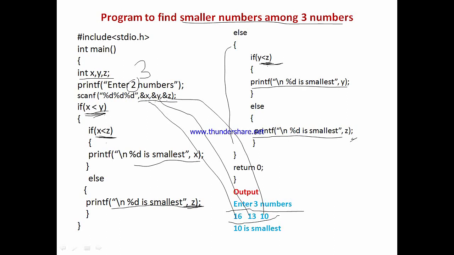In the else part, it is given y is less than z. Y is less than z means 13 is less than 10. This condition is also false, so the else part printf z is executed. The value of z is 10. So here the output is "%d is smallest", meaning 10 is smallest by execution of this statement. Okay. So